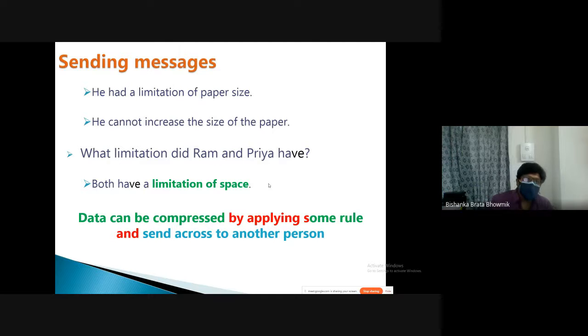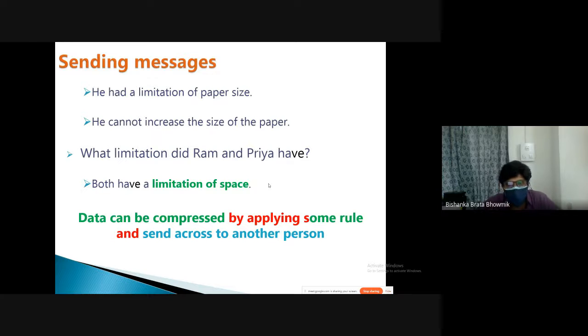Now, the main motto of why we did this. Now they will understand that as RAM has a limited size of paper, they cannot write the entire message on the small paper, and they cannot increase the size of the paper. So they have some limitation with their space.